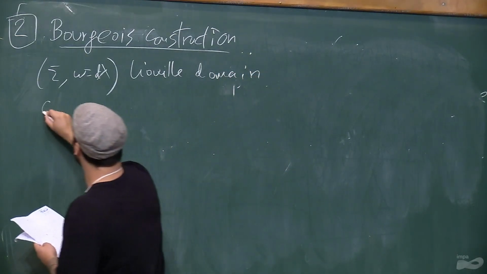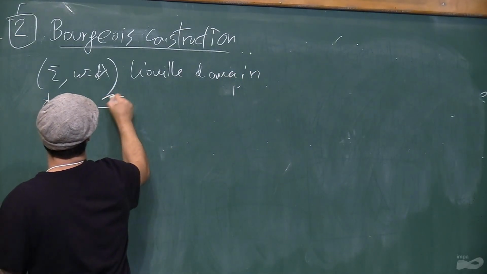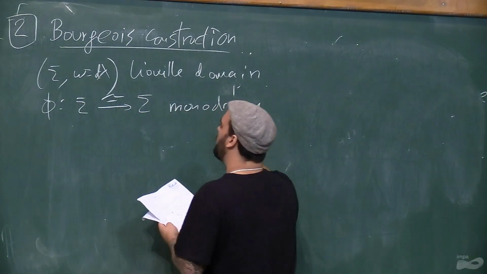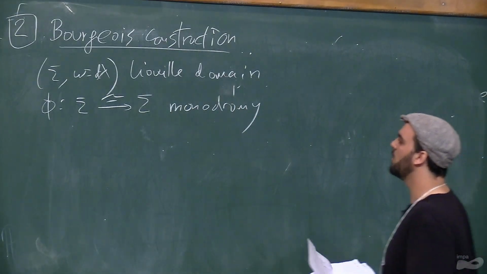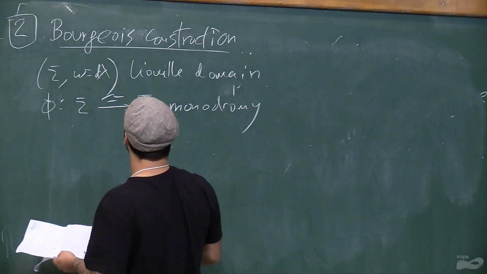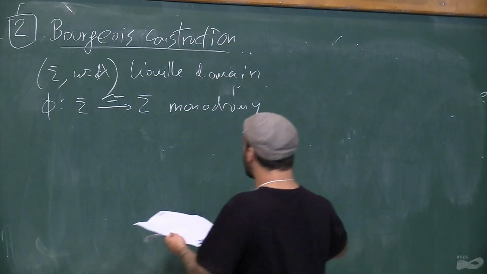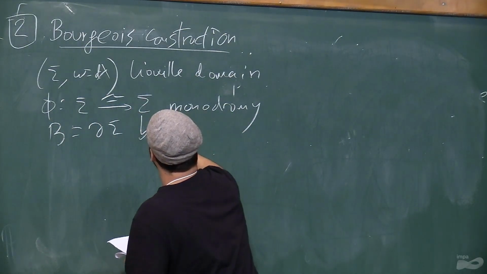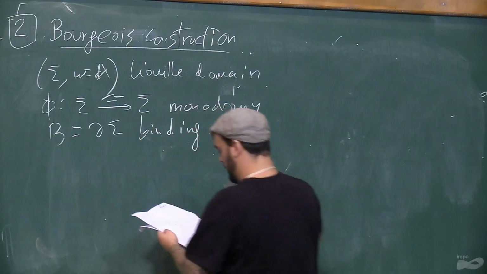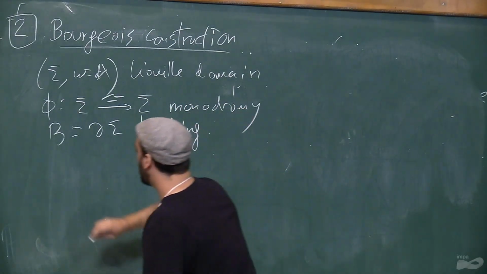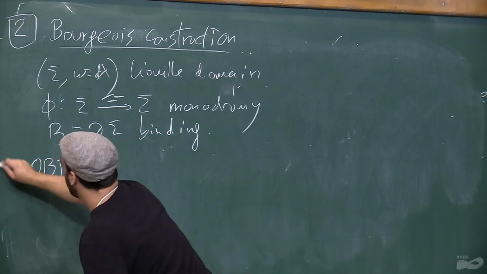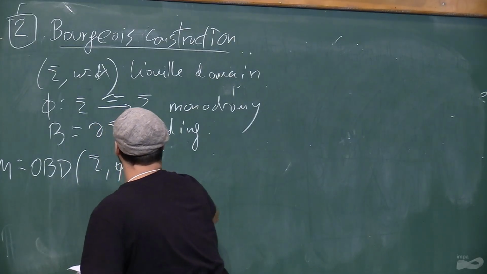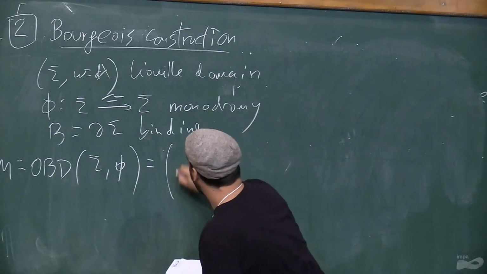We start with our monodromy, which has to preserve it, it has to be an exact symplectomorphism. And here I'm going to denote B, the boundary of the page, which is a binding. Right, so we've got the open book decomposition, Sigma phi,